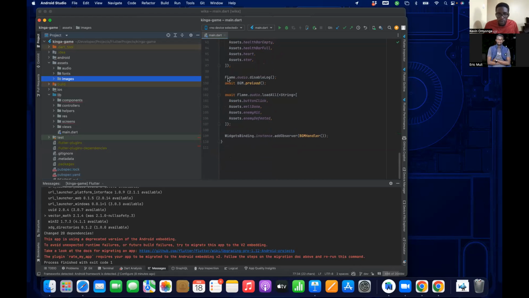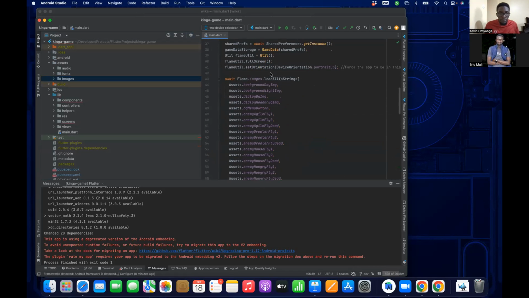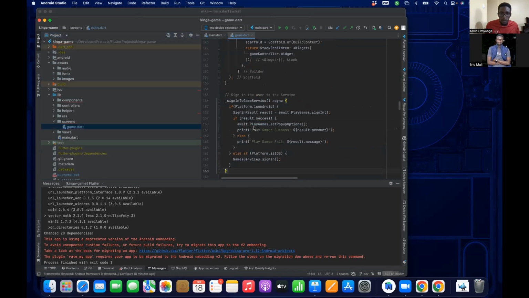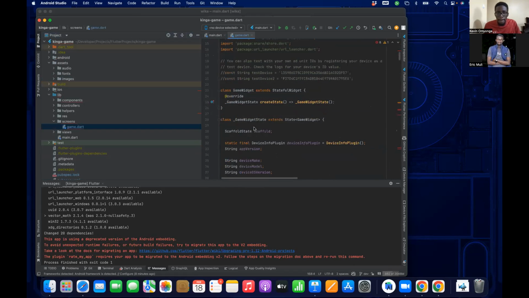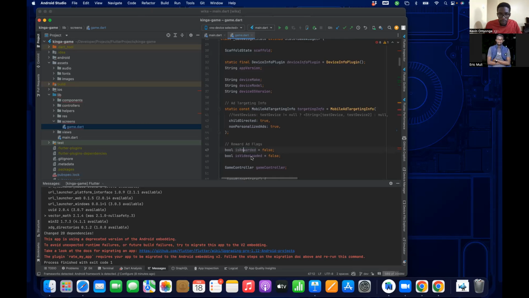All of that, including the audio you're going to use for the button click, well done, all of that, you had to load it all up before you could even start the game. And since I didn't use any widgets, all the menus that you see for Kinga I had to code manually. You can see here I only have one screen, which is the game itself. For Kinga, I also added the ads. There's the reward ad, where if you want to continue after you've lost, you can watch an ad and then it allows you to continue.